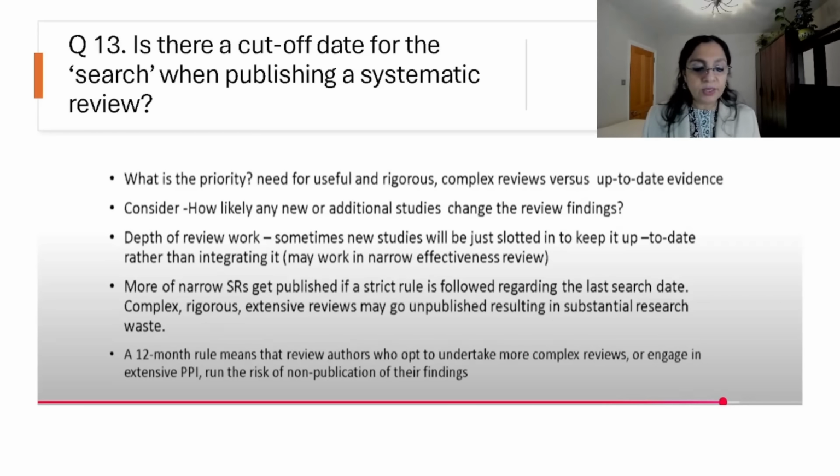So a 12-month rule means that review authors who opt to undertake more complex reviews or engage in extensive PPI or extensive stakeholder engagement run the risk of non-publication of their findings. This is very important to consider.